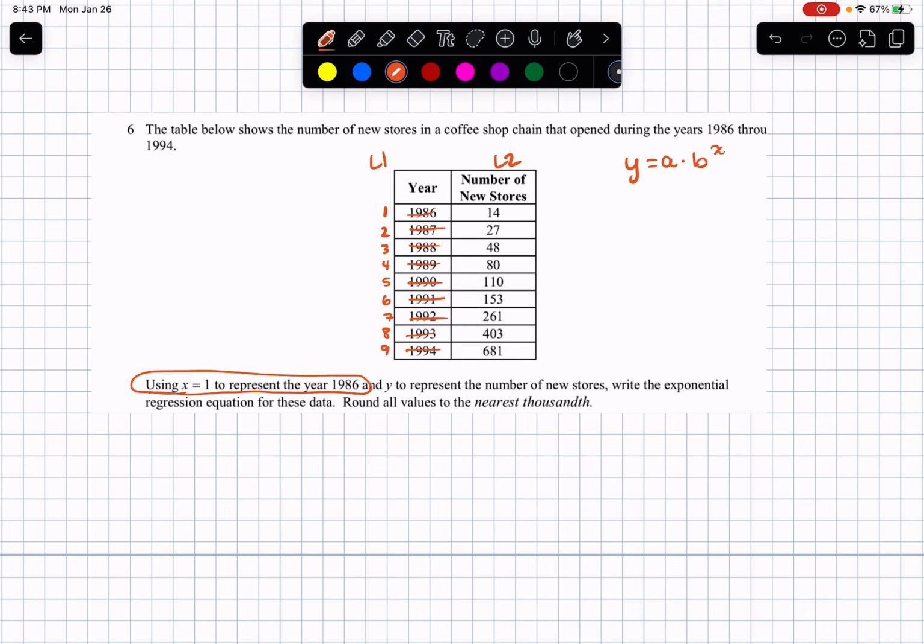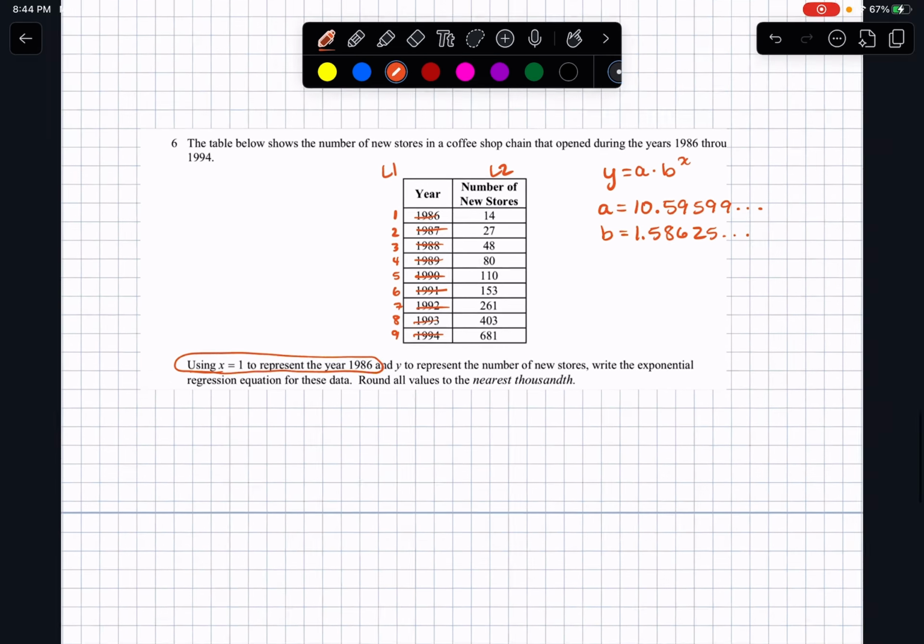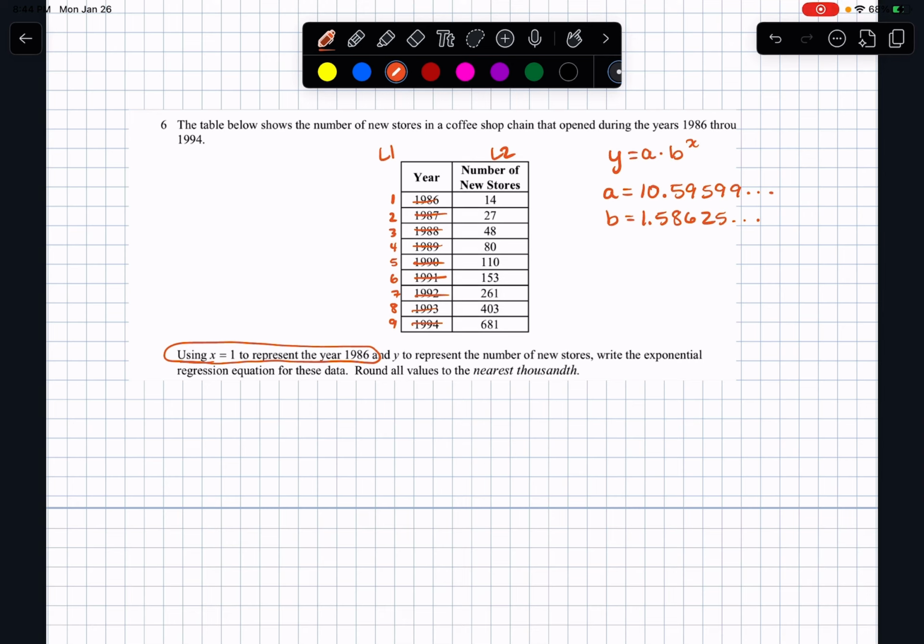I'll see the structure of an exponential model. They tell me A equals, you should get 10.59599..., B equals 1.58625..., and then they give you your R squared value and your R value. Remember that your R is telling you the strength of the fit, but they did not ask us this in this case. So if I want to put these into the nearest thousandth, then my exponential regression equation would be